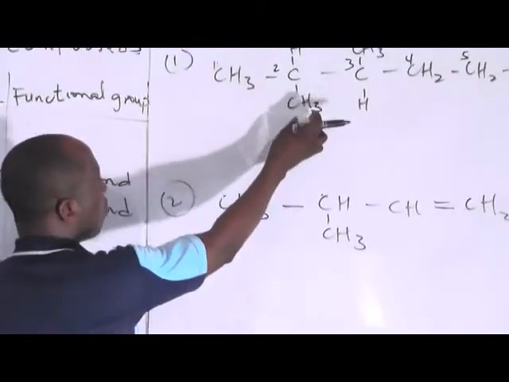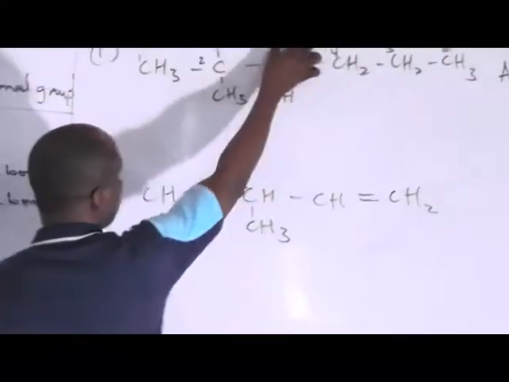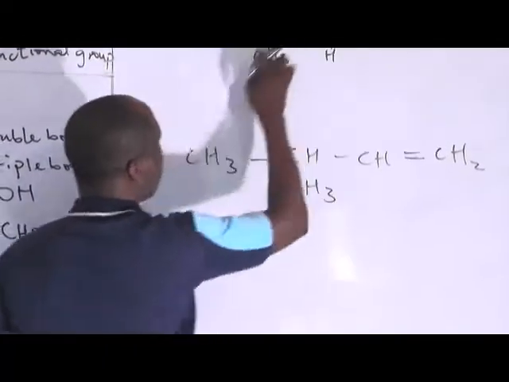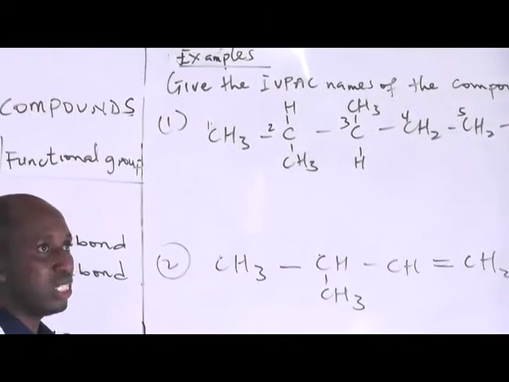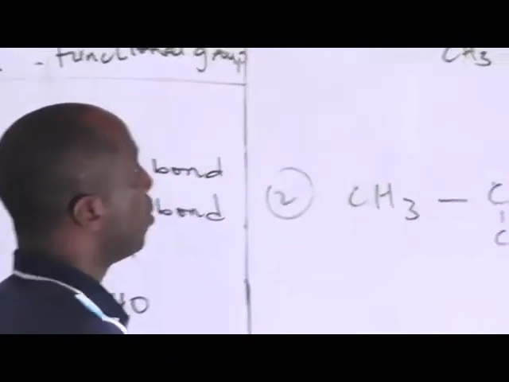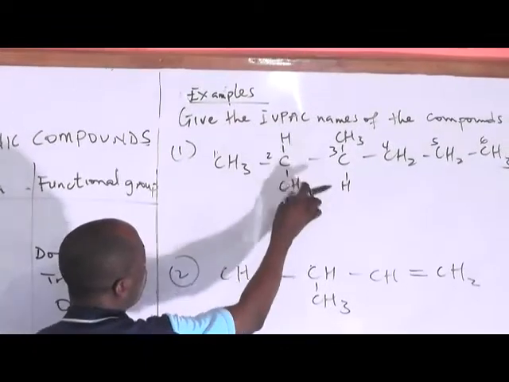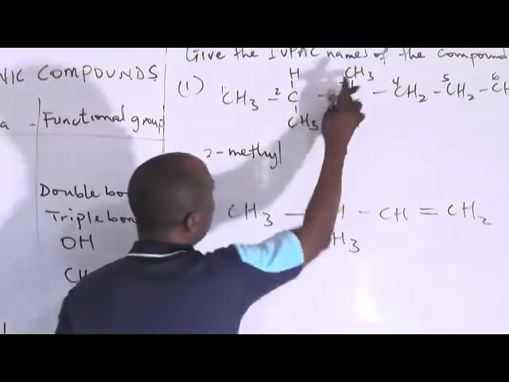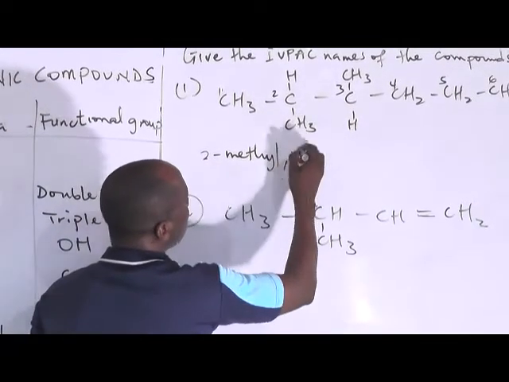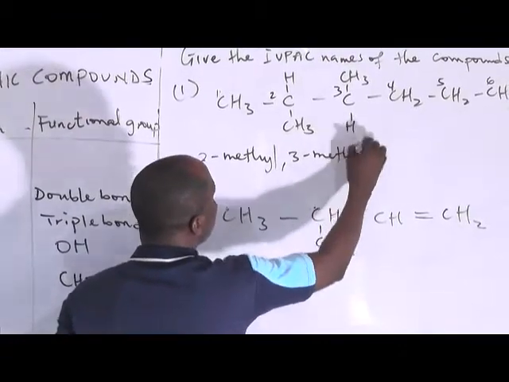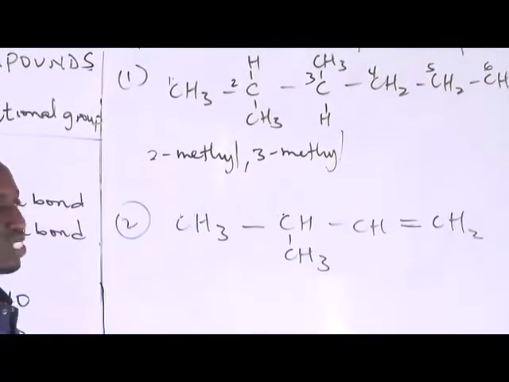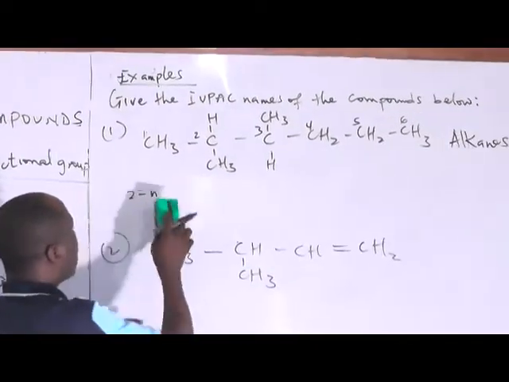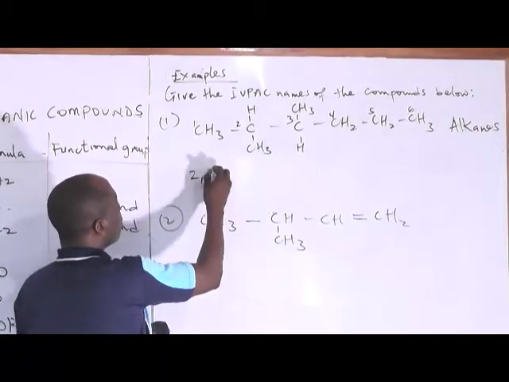But you see now, one is attached to carbon number 2, another one is attached to carbon number 3. If I start from the back, it will not be 2, 3, it will be 4, 5. So you can see that the forward numbering is good, and we are going to go with that one. Because this one is attached to carbon number 2, you say 2 methyl. You have another one attached to the third carbon, 3 methyl. But because the methyls are the same kind, instead of separating 2 methyl, 3 methyl, it is preferable to say 2, 3, di.